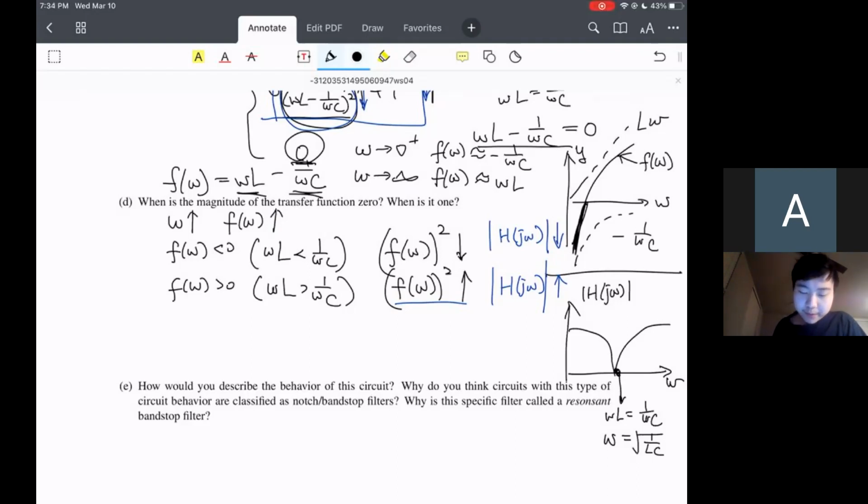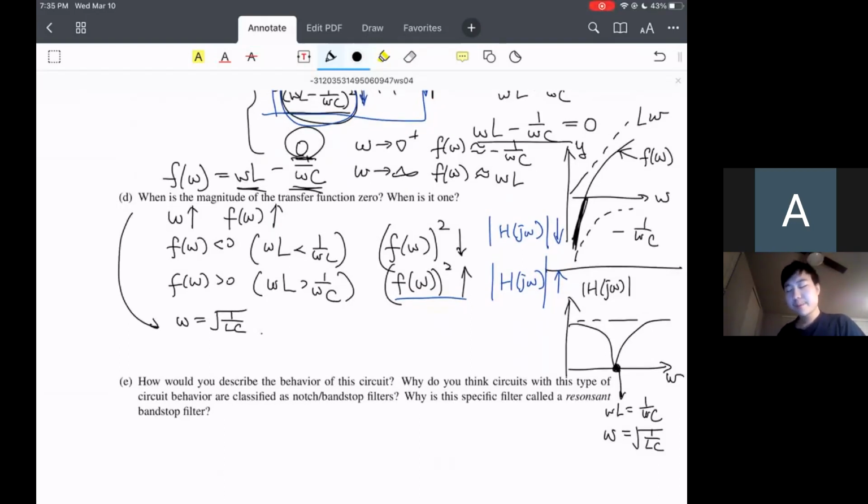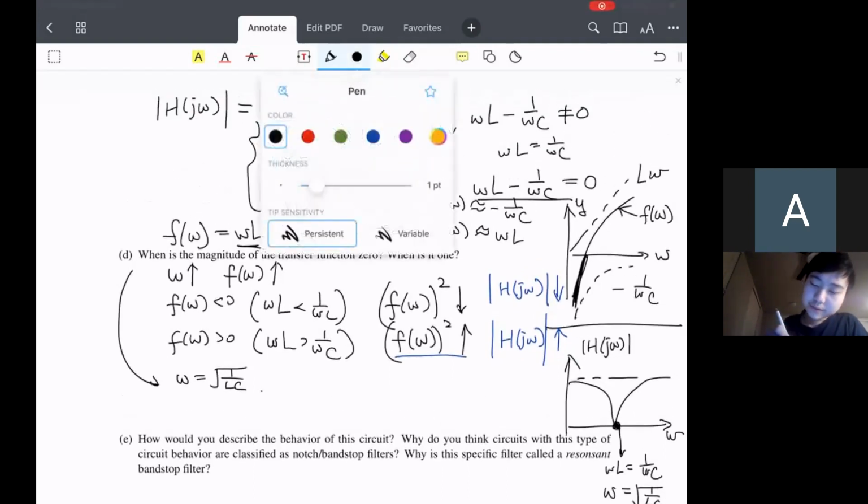Okay. Now, up to part D, when is the magnitude of the transfer function 0 and when is it 1? As we've seen, from our diagram right here, the only point at which the transfer function can take on the value 0 is when omega is equal to root 1 over LC. So when is the magnitude of this transfer function going to be 1? If you look at the diagram, it's pretty close to 1 at any point other than omega equals root 1 over LC. But if we actually look at the magnitude itself, like this equation,